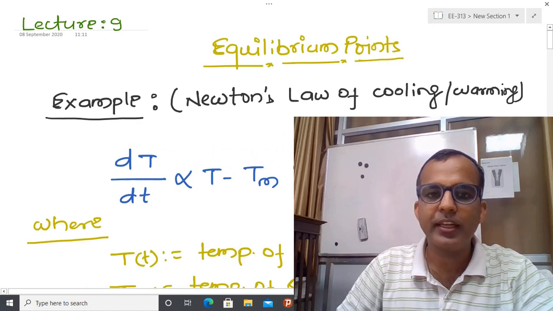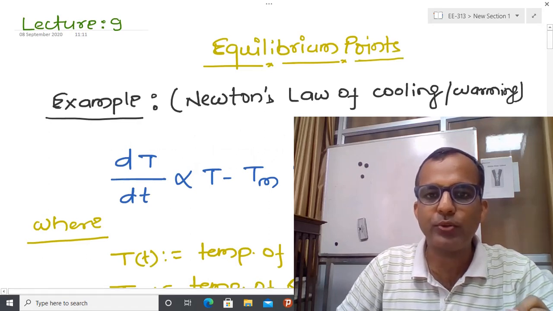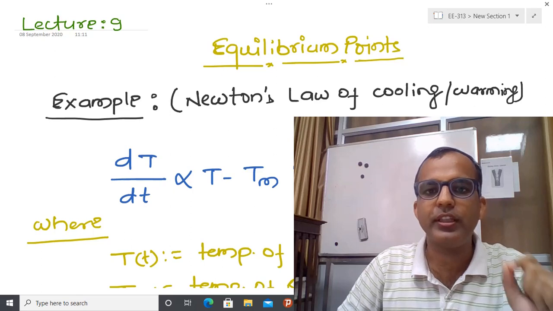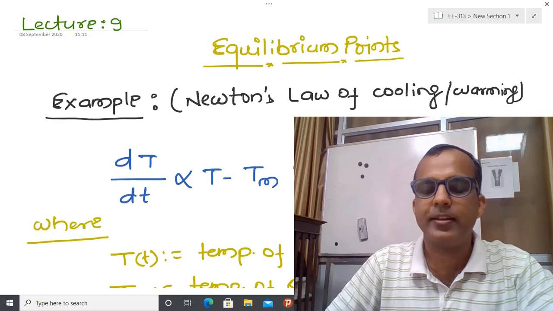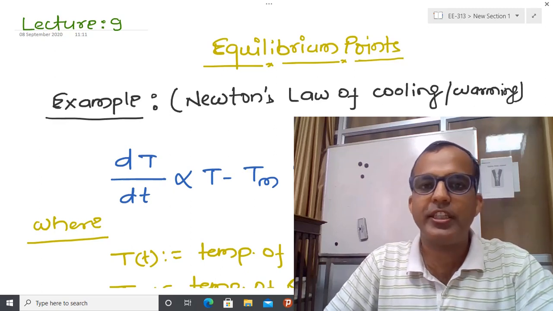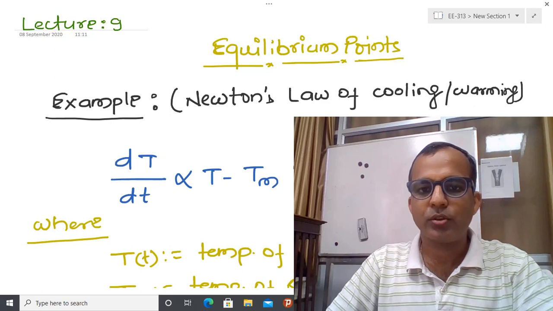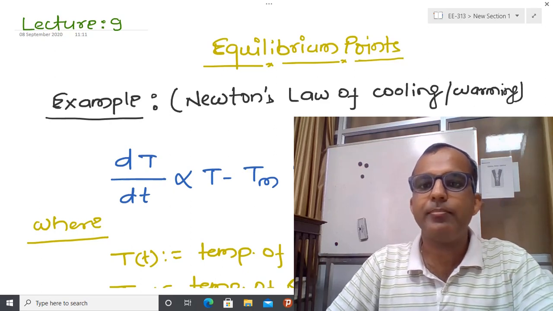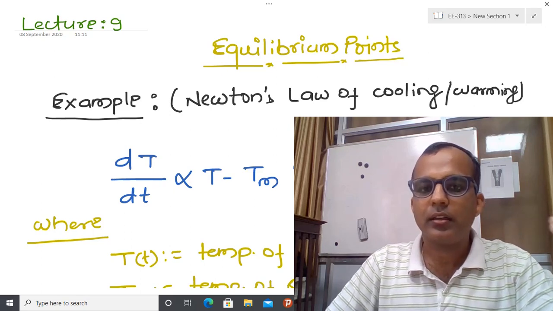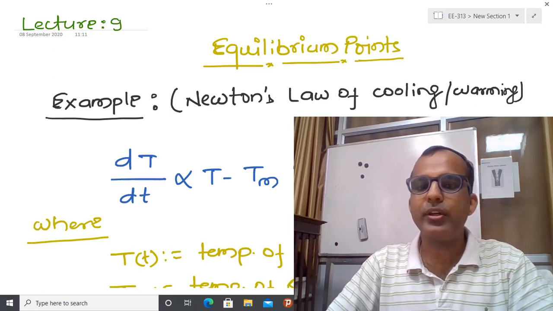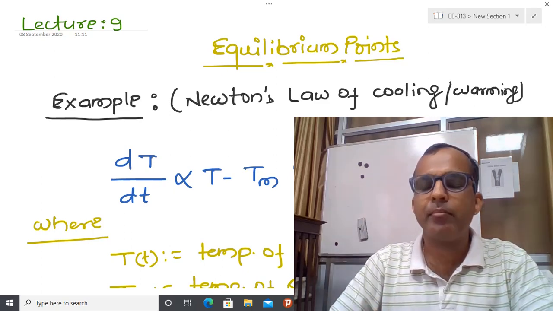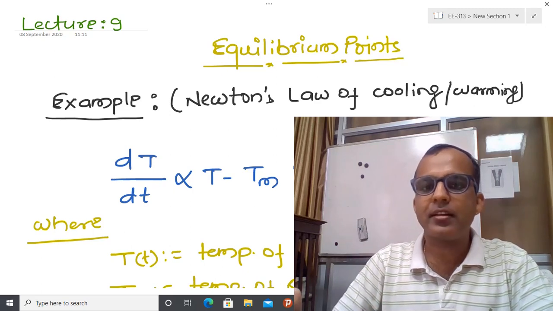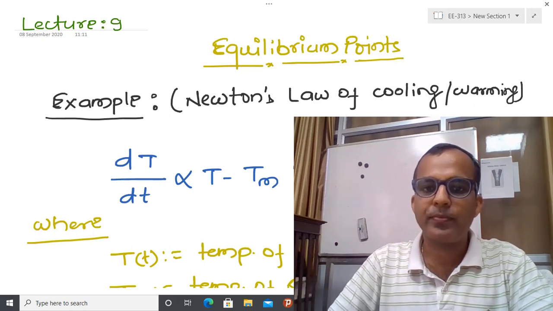Welcome back. In today's lecture, I am going to discuss the equilibrium points, which are also called the stationary point or sometimes origin of the dynamical system. So what we found in the previous class is that I have some input and output, and there exist finitely many ways to correlate or map input to output, and